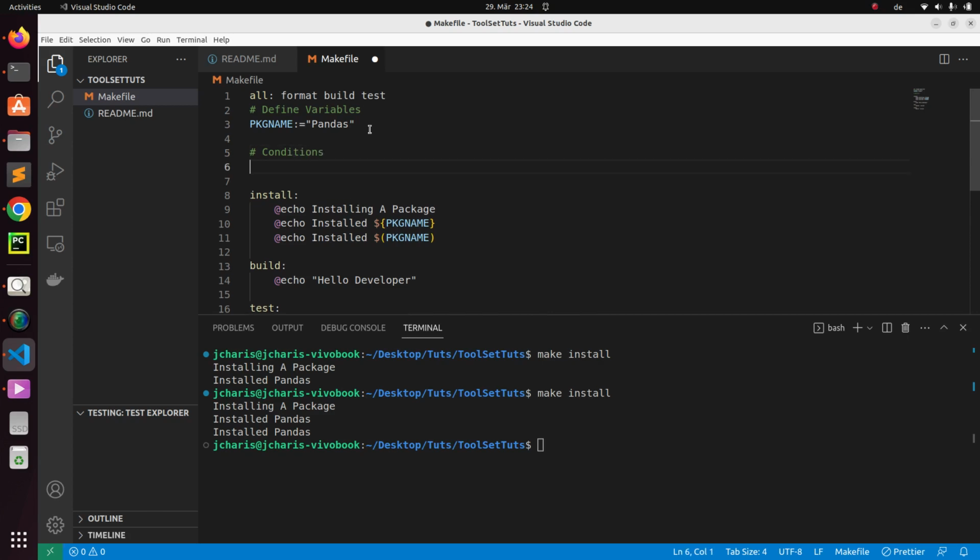Conditions, right? So we can just use a simple condition by going with this. So let's say host OS, right? And then I'm going to set it as empty. Then I'm going to start if equal to. So there's if equal to, if not equal to, and the rest, right? So if equal to